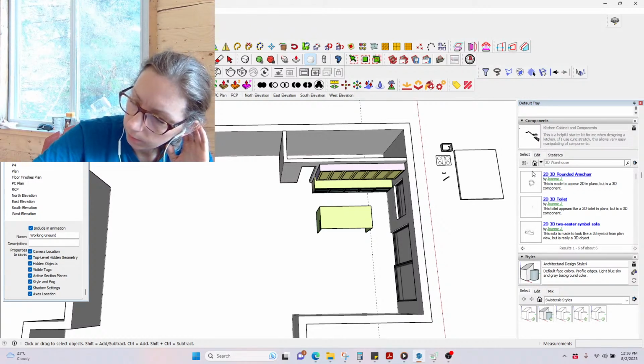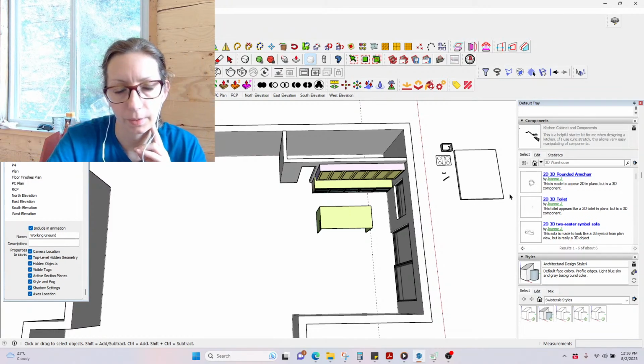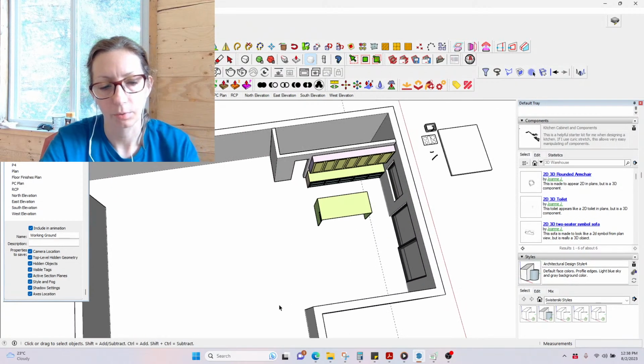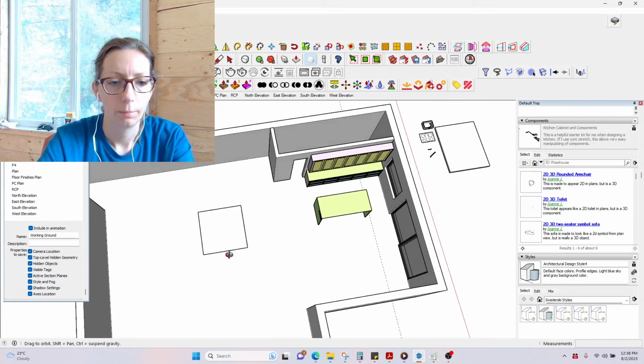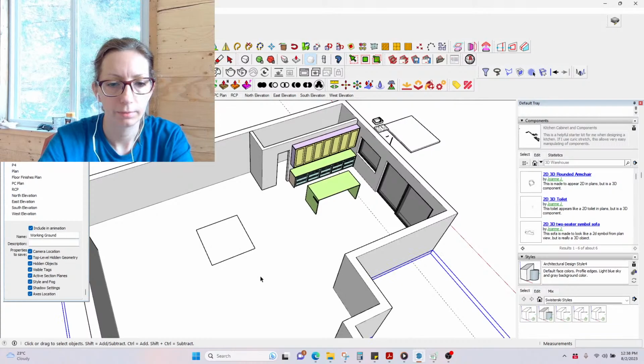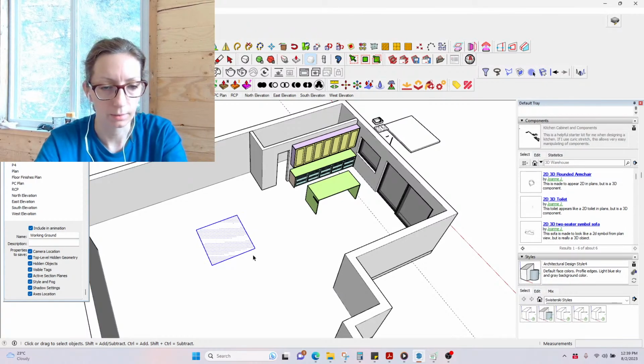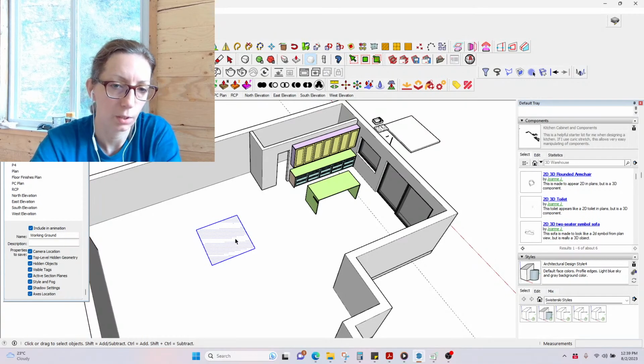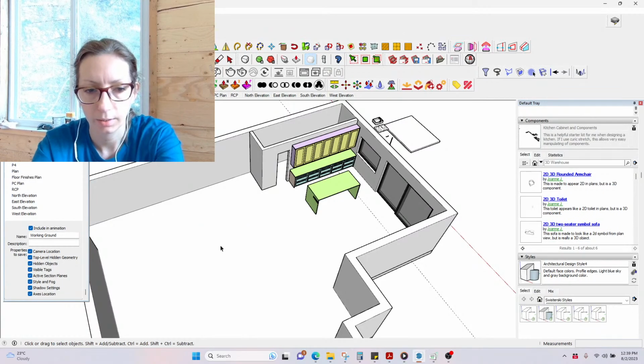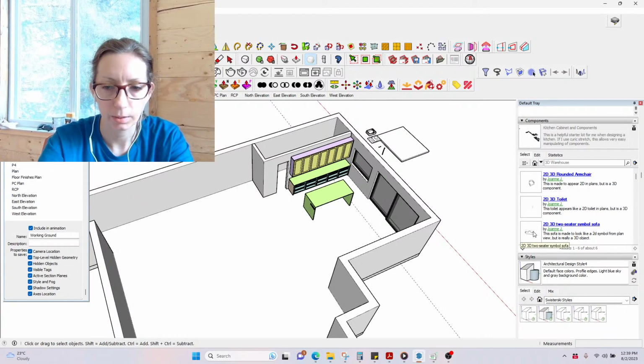Because depending on your expert levelness of SketchUp, you know that if you put just a flat face on another face, like for example a symbol, this face on top of the floor face, it's kind of a gamble as to which one's actually going to show up, because the graphics card doesn't really know which one you want to show. And so you could add a little bit of a thickness to them, but I find it's better for space planning purposes just to put in the real stuff,